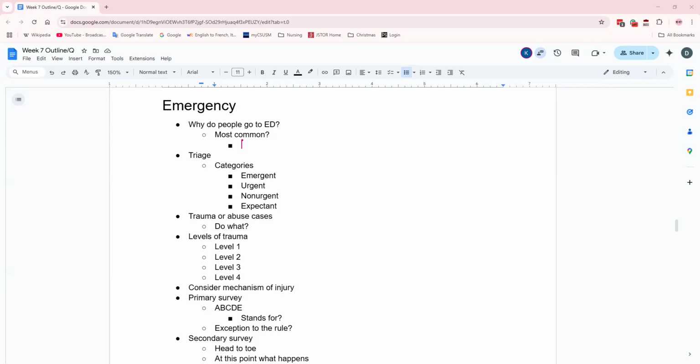So pain of any kind: chest pain, arm pain, migraine. Shortness of breath or difficulty breathing is another one. Half of the time my reports would begin, the patient had complaints of chest pain and shortness of breath and came to the ED. That's how all my reports started. So those were my two most common ones.